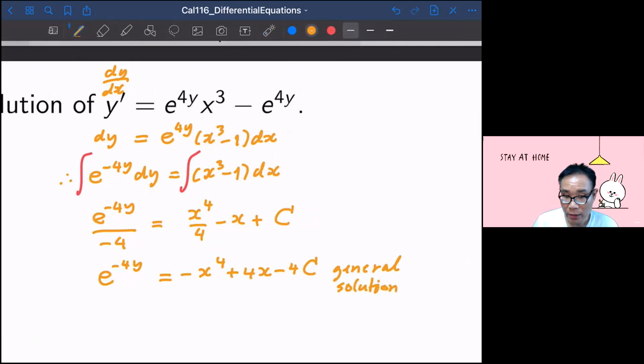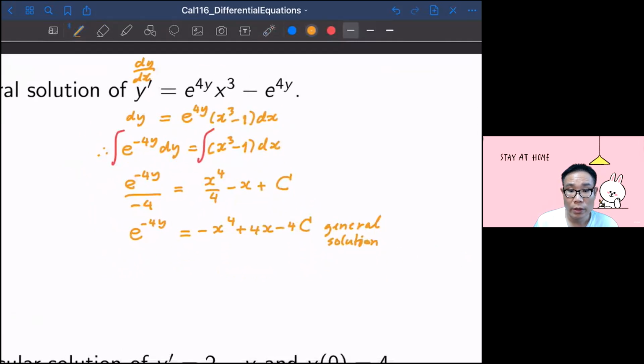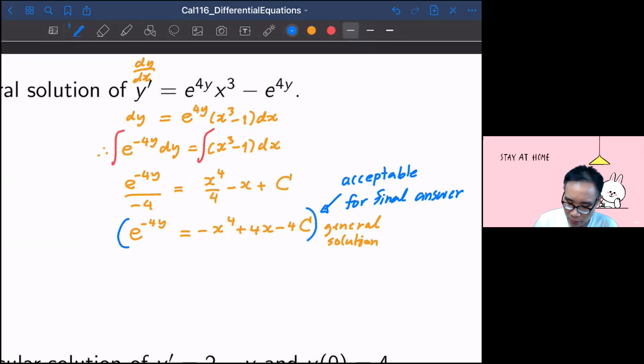And some of you may ask me, can we solve for y? Okay, so I have to say first that this one is acceptable for the final answer. But sometimes you'll be able to solve for y, you can. So if you'd like to solve for y, you can just take log on both sides. Okay, so you take log, so it's going to be log of e to the negative 4y equal to,